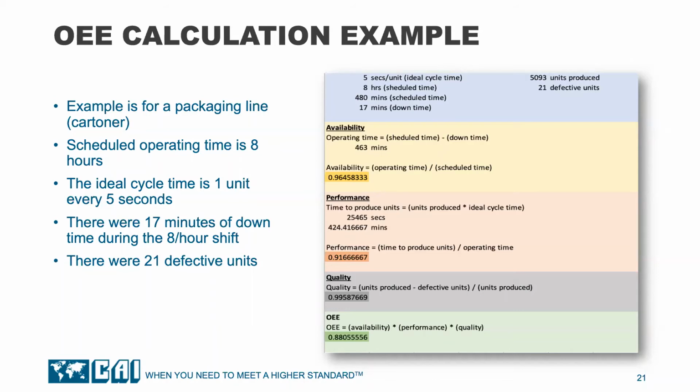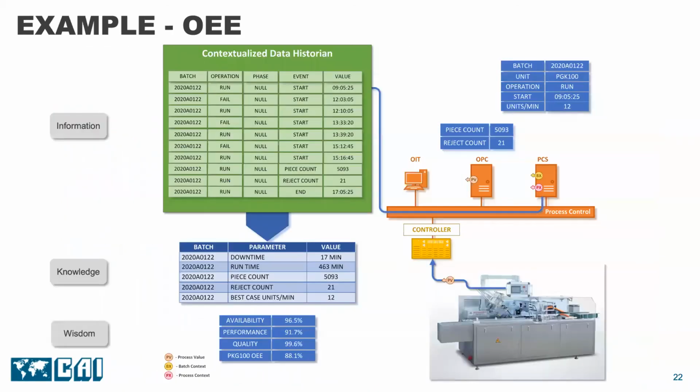What we've done here is to follow our roadmap. We identified the measurement, identified the components and sources, and identified the transformations. To illustrate OEE, we'll take a look at a fictional cartoning machine. To make the math simpler for me, our fictional cartoner is a really slow cartoner. This machine produces 12 units per minute, or one unit every 5 seconds. This is our ideal cycle time, 5 seconds.